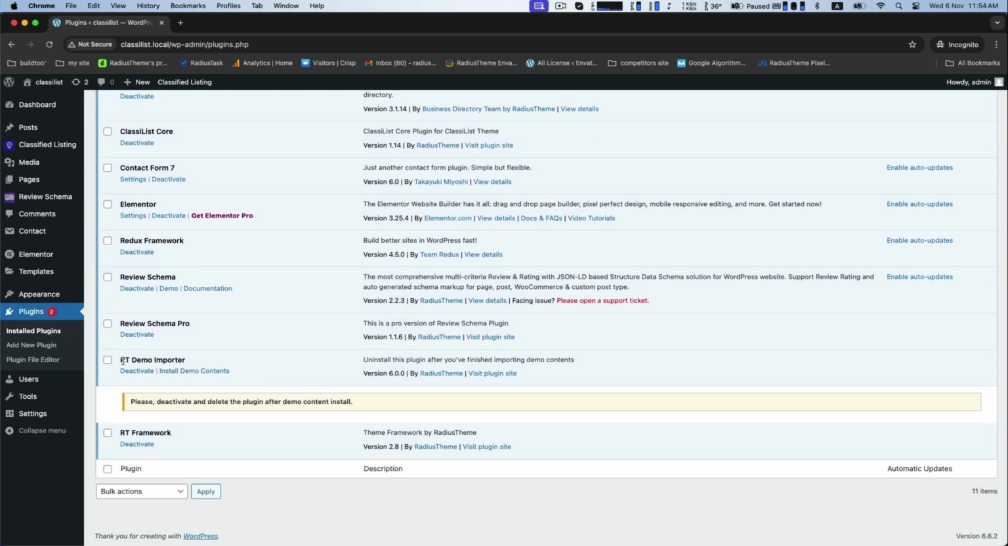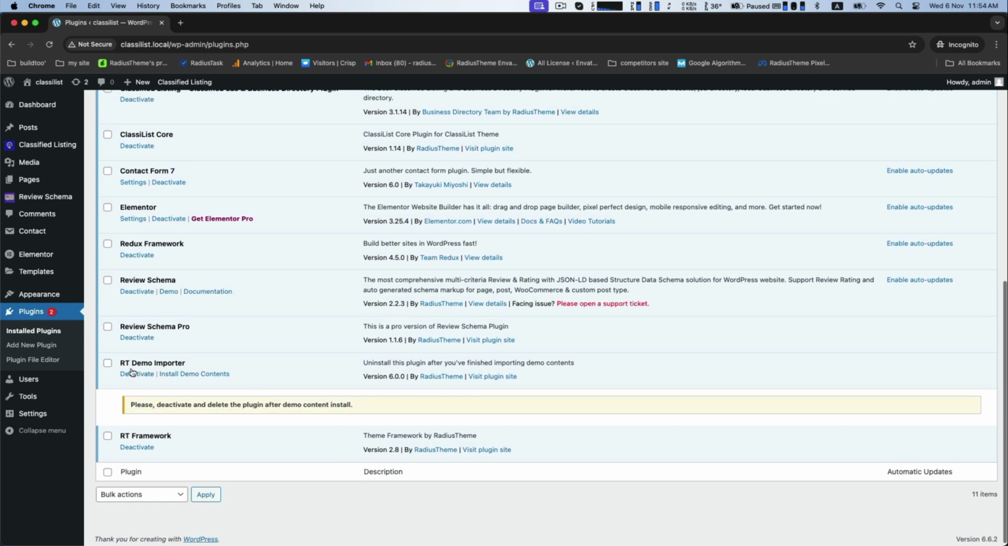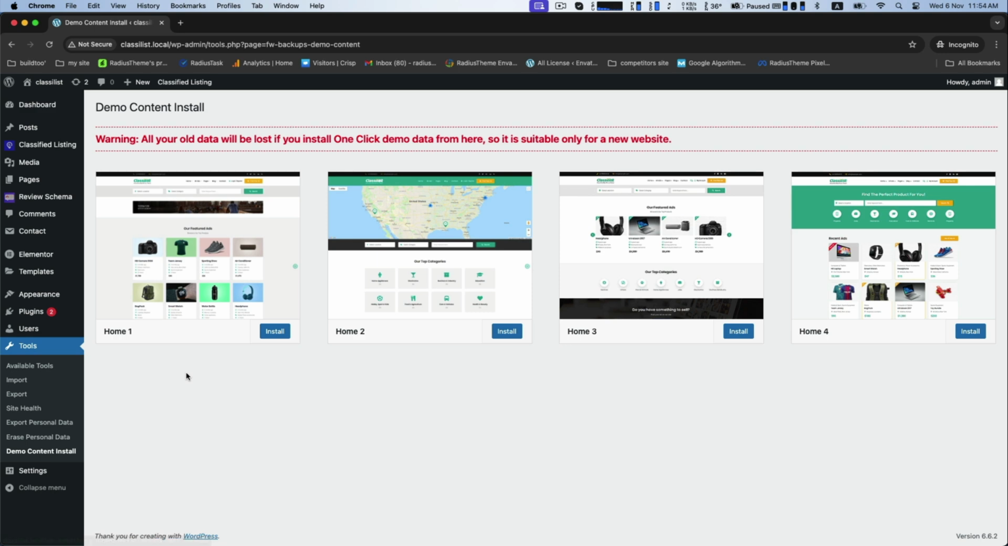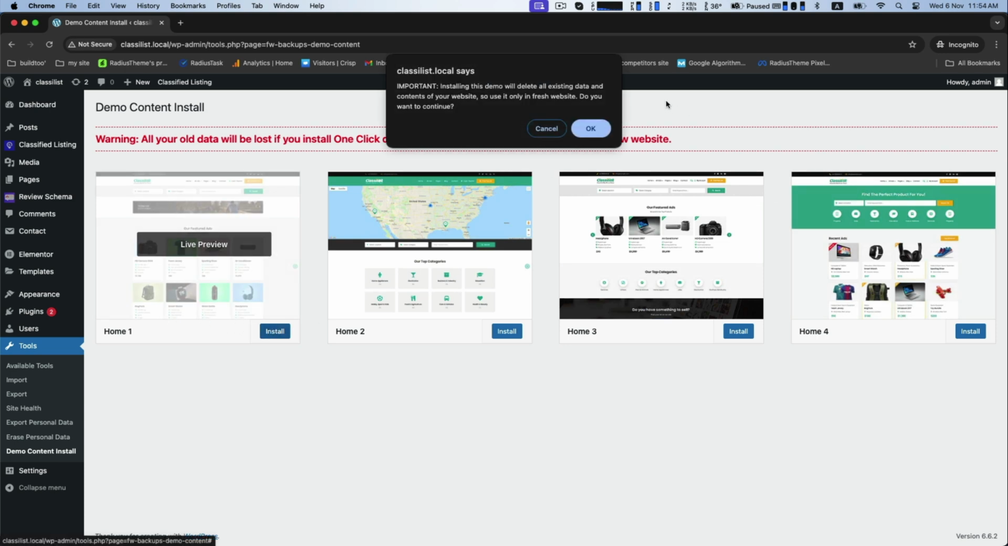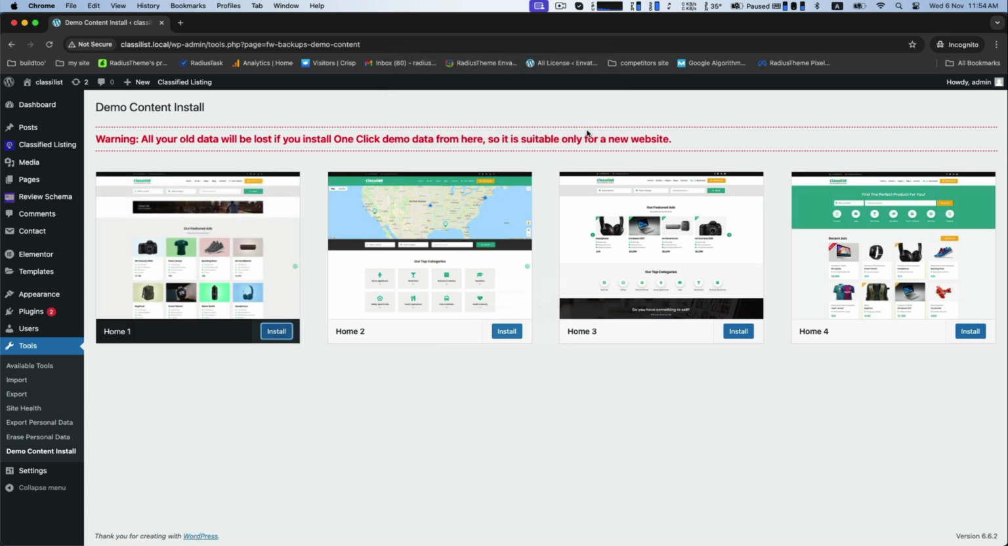Find RT Demo Importer. Click on Install Demo Content. While clicking on it, it will show you 4 predefined home pages. Import your desired demo content and install any one what you like. After finishing installation,